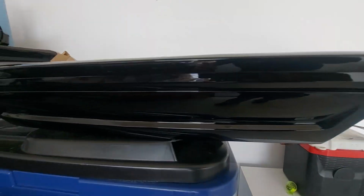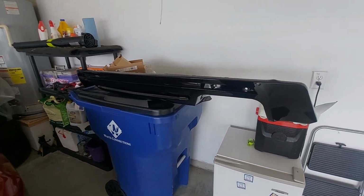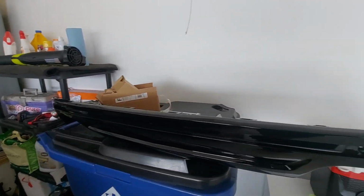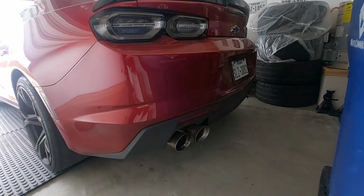If anything, it's maybe a little like when you put duct tape on something and pull it off. There's a mark like that, and it might just rub out. But honestly, for $115, it was hard to pass that up. $285, I was waiting and waiting, because as y'all know, to fit the ZL1, my car came with